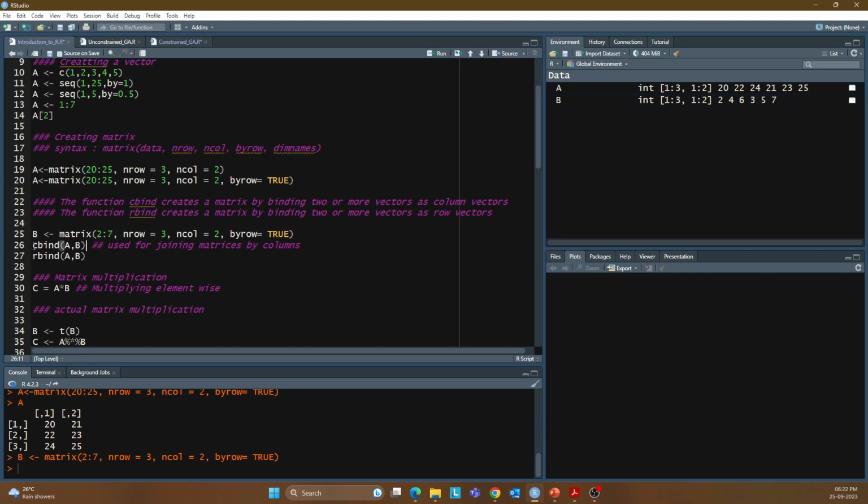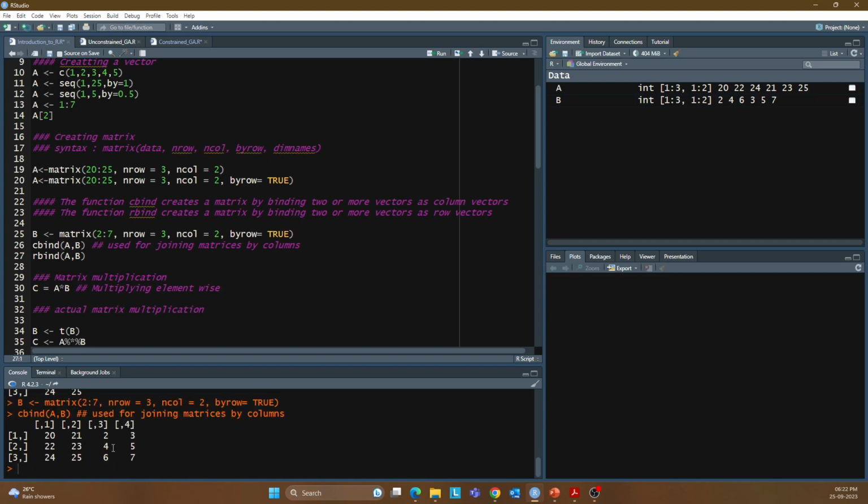Now see, I haven't assigned any variable to this cbind. So if I don't assign any variable to the cbind, this result won't be saved anywhere. It will just give the output. Because I am just typing cbind A and B, so it will just